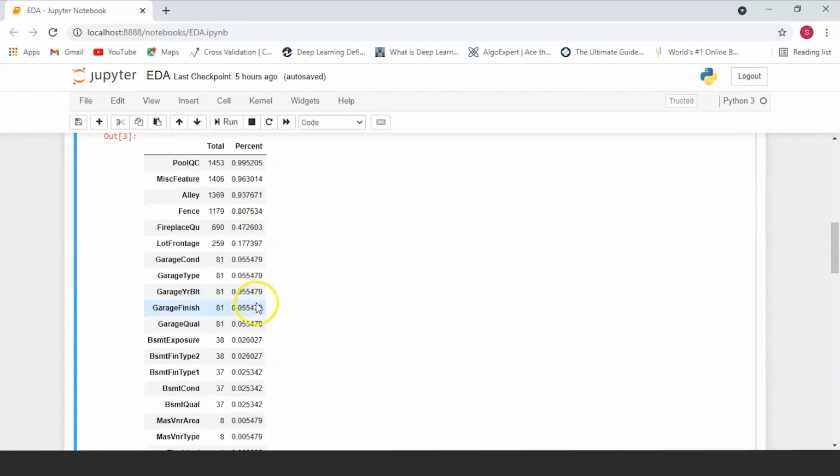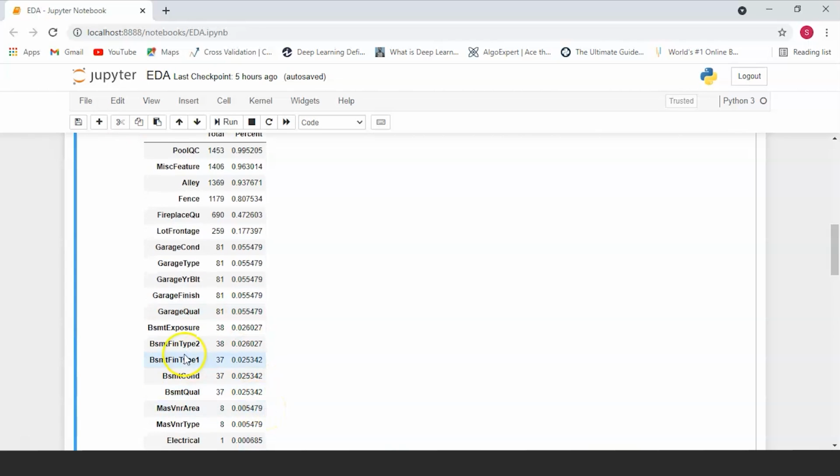Another thing you're going to notice is that all of the garage variables here, like GarageCond, GarageType, GarageYrBlt, GarageFinish, and GarageQual, all have the same number of missing data. This probably refers to the same set of observations. Since the most important information regarding garage can be expressed by GarageCars, and considering that we are just talking about 5% of missing data, we can just delete the mentioned garage variables and apply the same logic for the basement variables over here, because again, they're probably just talking about the same data.